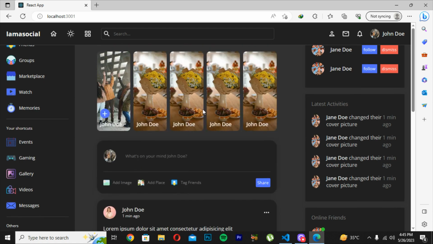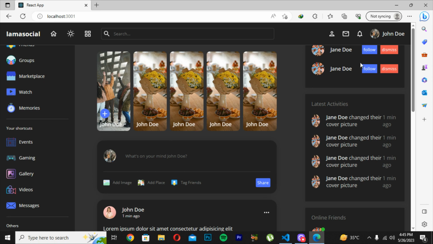These are the story sections which we are seeing, like in Facebook we get the story section. Here in this application we are also getting it, but I have not put in the functionality for when we press any of the stories, so we can add any story or add our own name. I have not put that functionality, but if you want me to put that functionality in the next video of this social media app, you can just suggest it to me in the